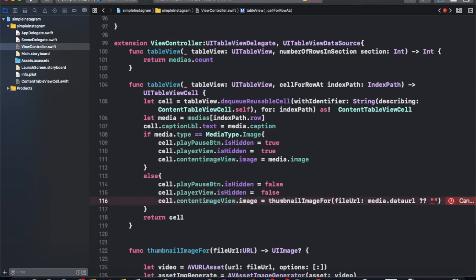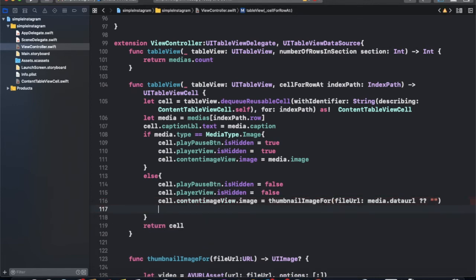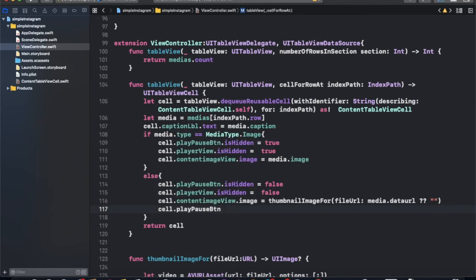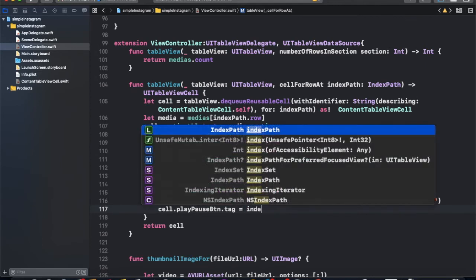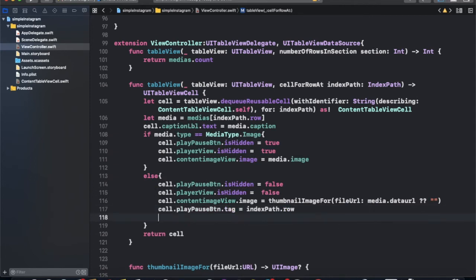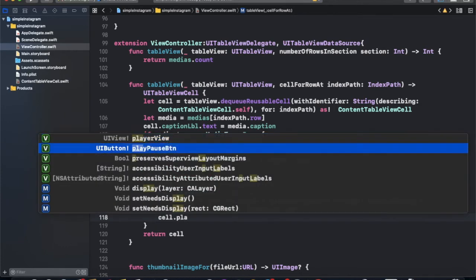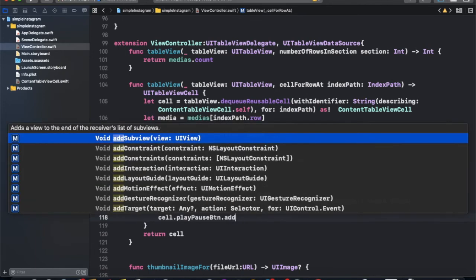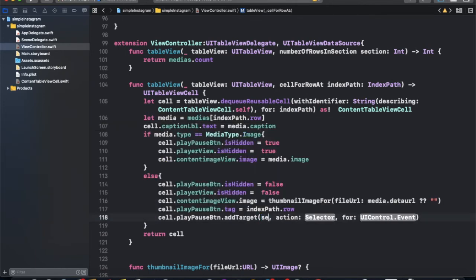Now we just need to set a player's button action. So for button action we just set here cell dot play pause button dot tag equal to next path dot row, also cell dot play pause button dot add target cell